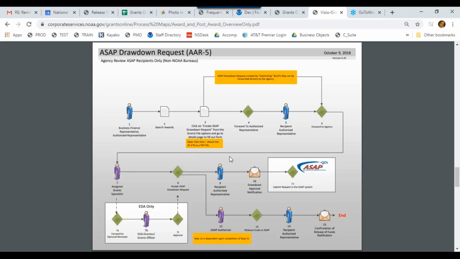Then two tasks get generated. A task goes to funds, but also a notice goes to the authorized representative at your agency. But once that notice goes to that person, they will know that it's okay for your financial person to go